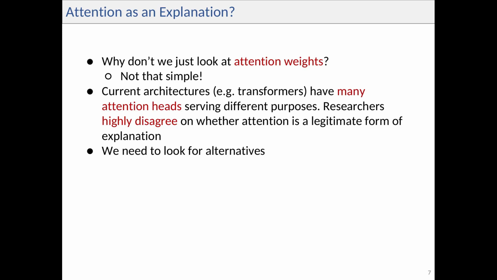And this is perhaps the main reason why researchers highly disagree on whether we can consider attention explanation. And although it probably does work in some cases, for the majority of situations, it doesn't really correlate with the rationale the model actually uses to produce its output. So in short, we need to look for alternatives,